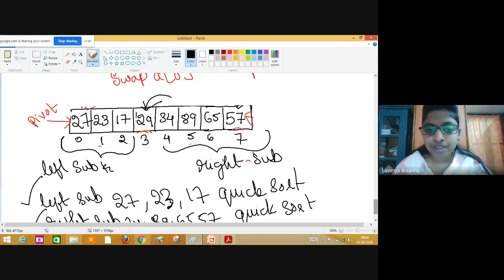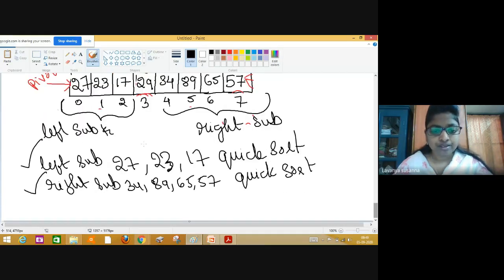At that time, when you arranged the elements in ascending order, you noted that the pivot element 29's position is 3. See, after solving, 29 came to its position 3, right? Remember that if 29 didn't come to its position 3, what you have solved is wrong. But here this is correct. 29 came to its position 3. Now what you have solved is correct.